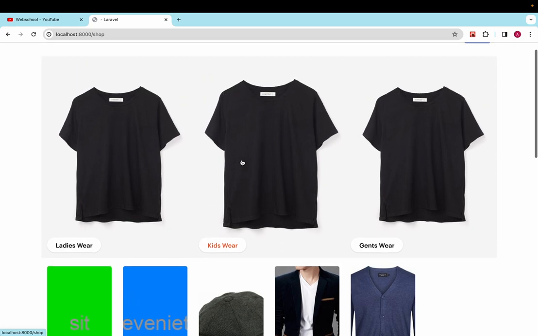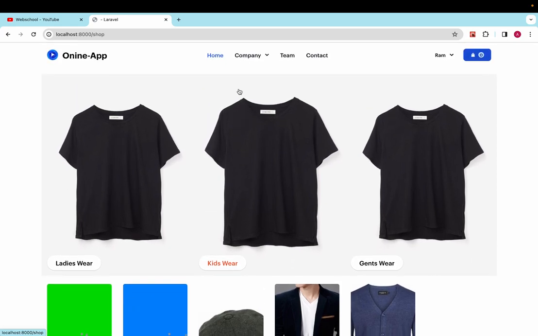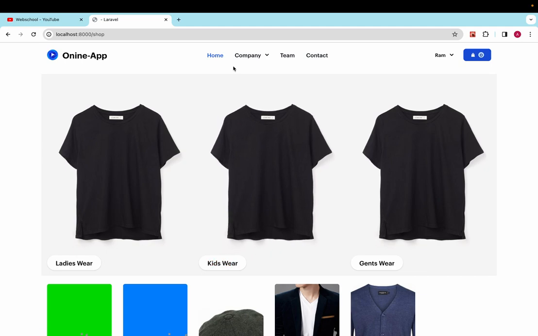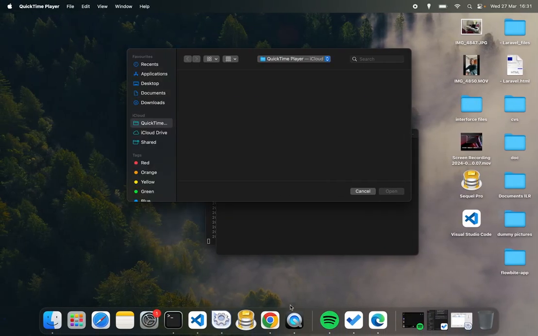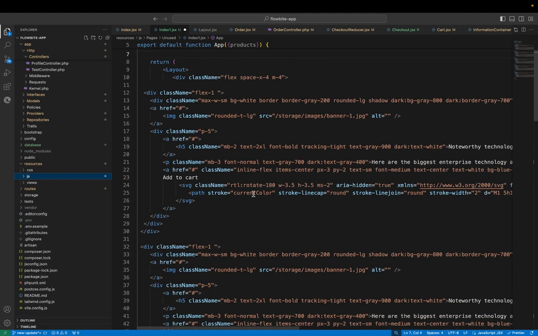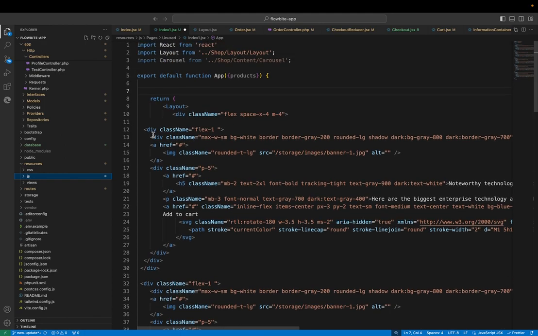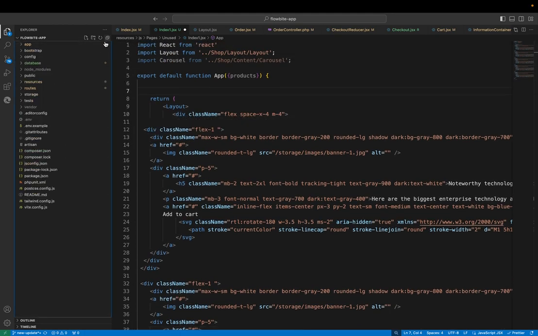So I showed you yesterday as well, or you can see my past video if you don't want to waste your time. Let's go straight to the code. Okay, so I've used Visual Studio for the editor. If you are familiar with Laravel, you can see this kind of files and folders